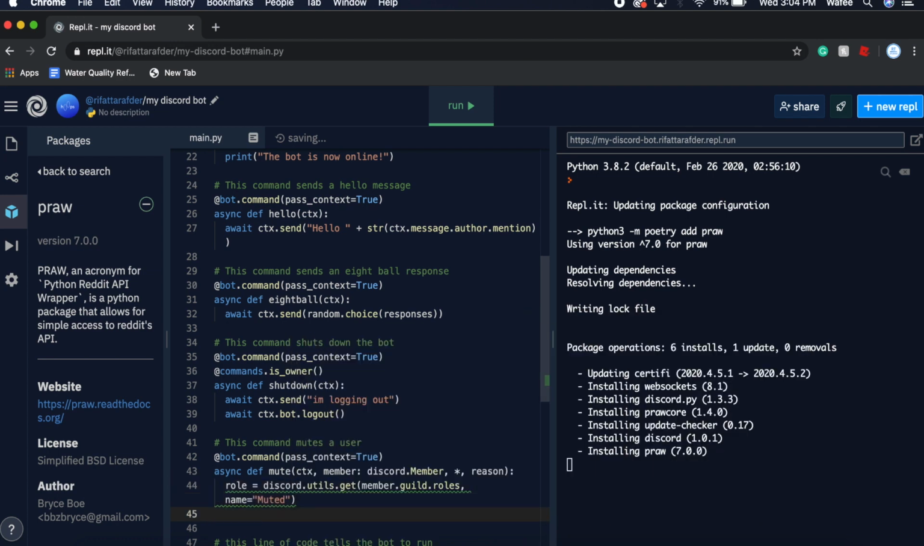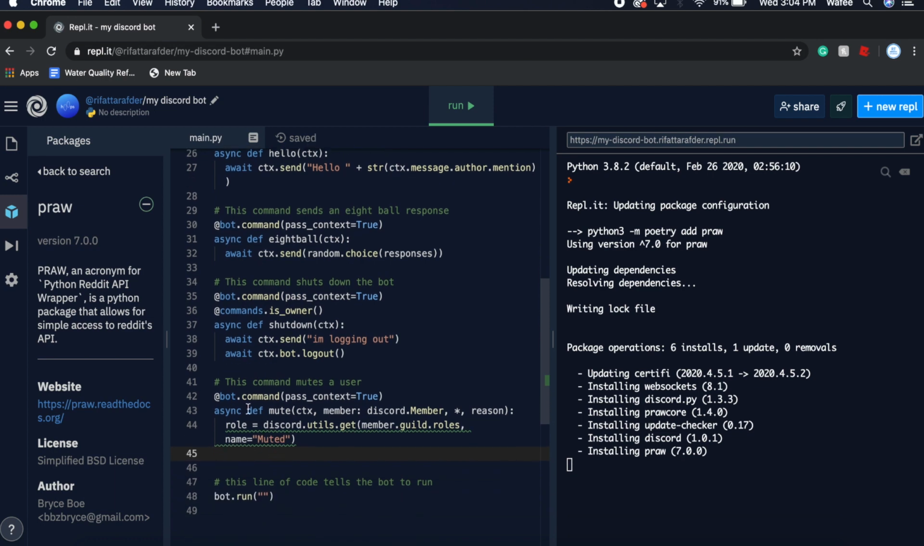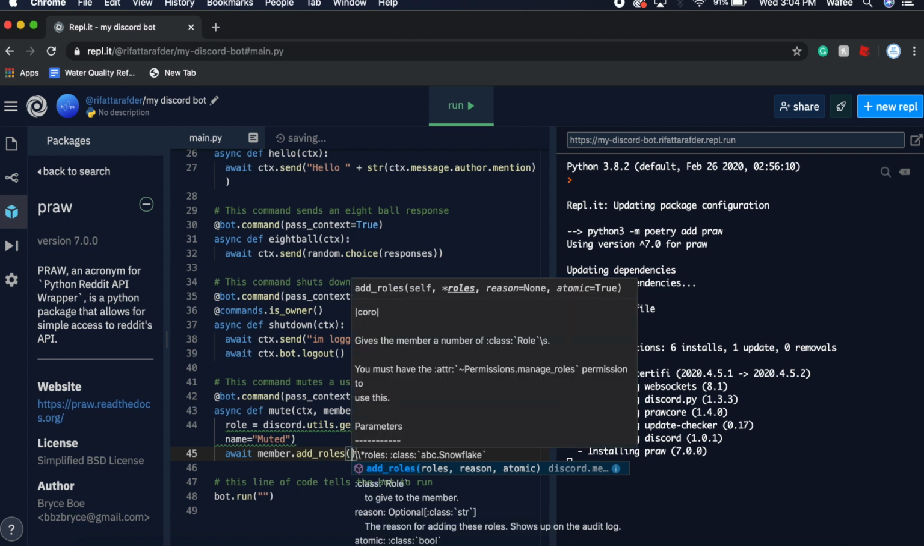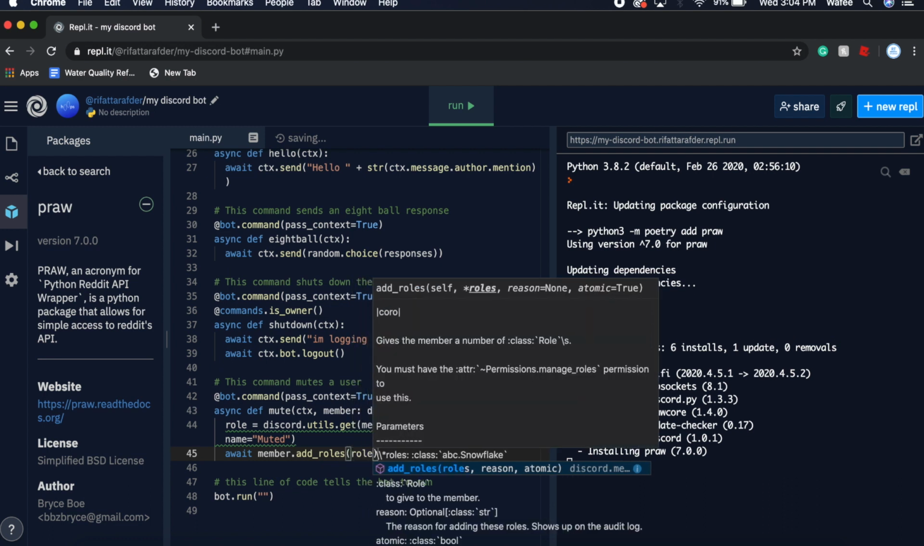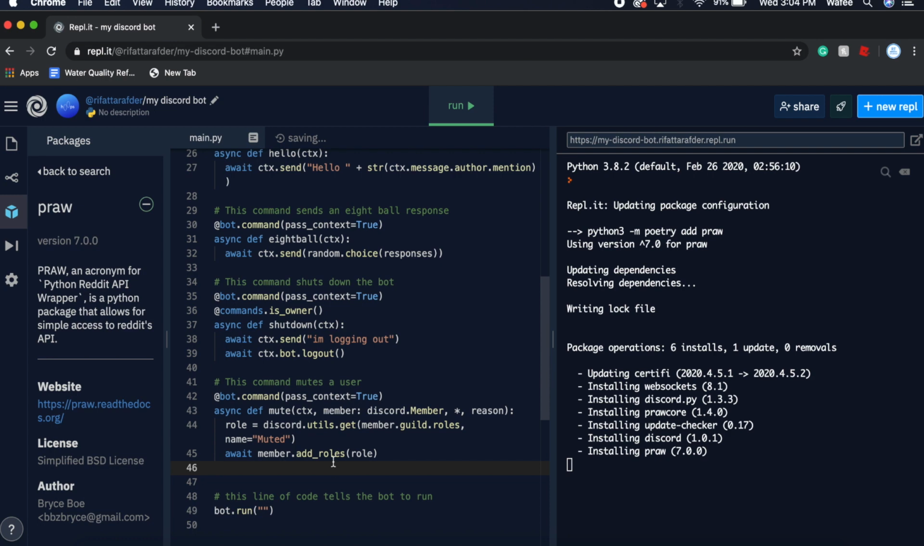Now the bot has to give that user that role, and to do that, we're just going to type await member.add_roles, and then we're just going to type role. And then after that member is muted, the bot is going to say something like, oh, this user was muted because. So to do that, we're just going to type await